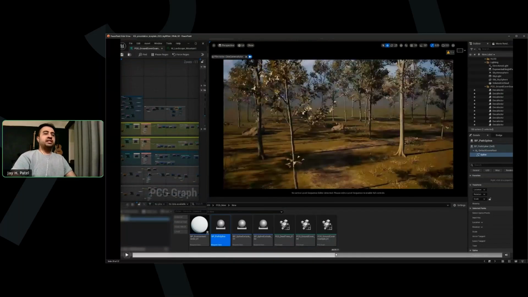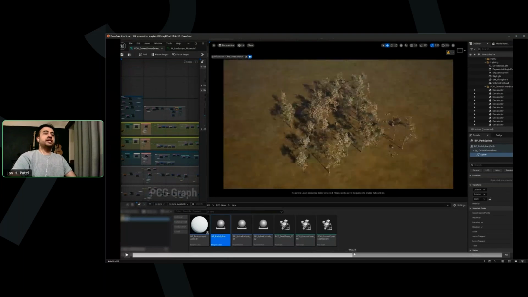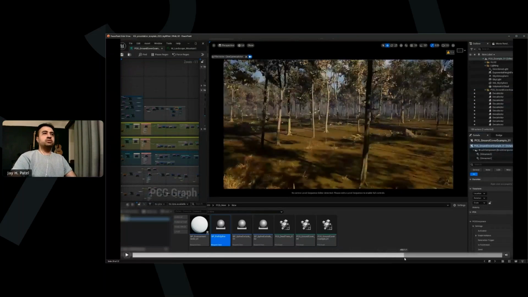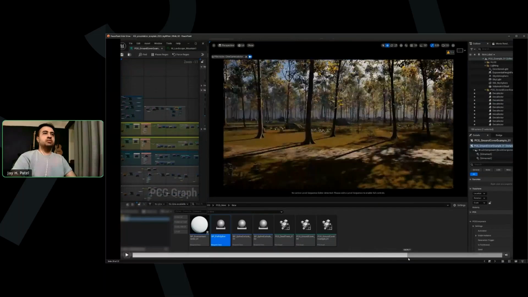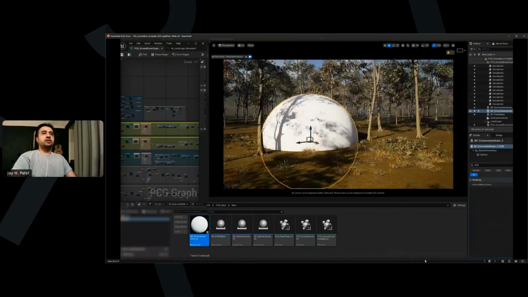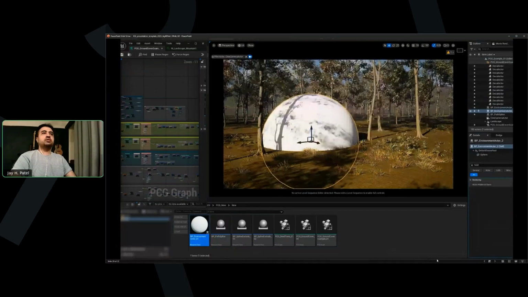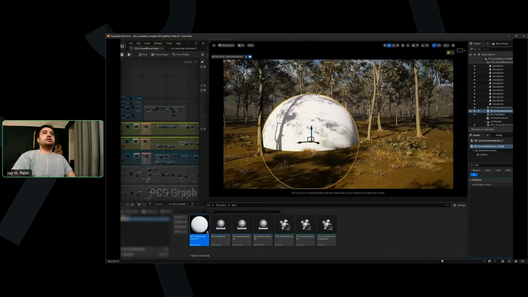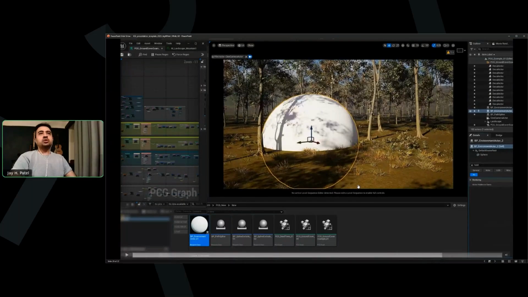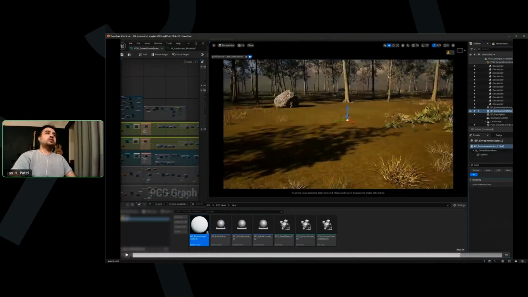Exclusion zone actors are nice in the sense that, I mean, you can do this based on PCG volumes, but say you want to do a quick look dev on your scene for your shot, you can easily add a blueprint or an actor and assign a tag that basically says ignore any growth around this section.